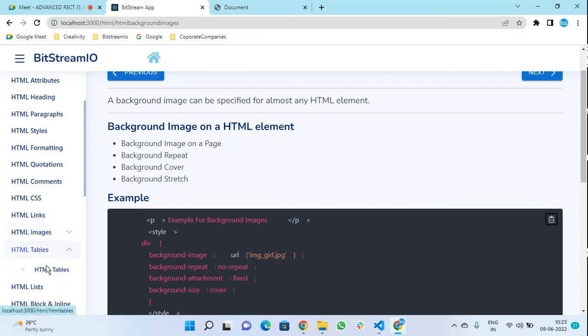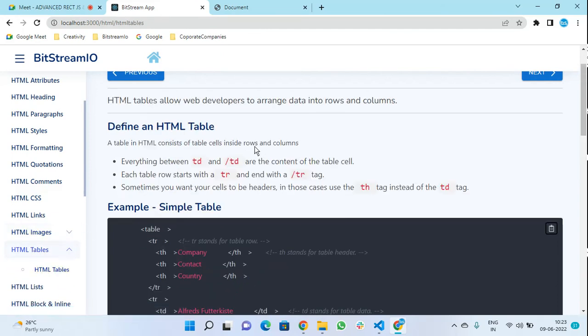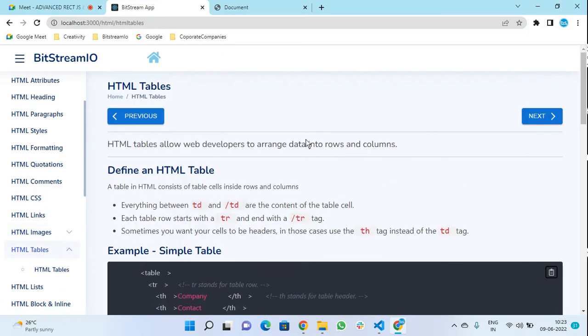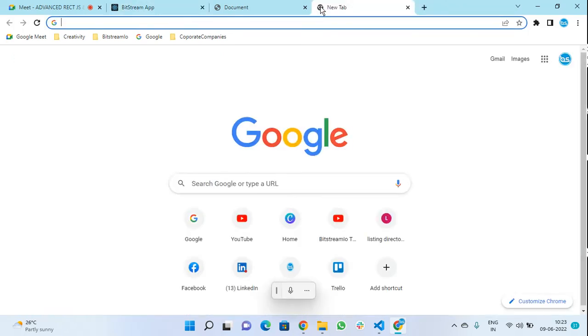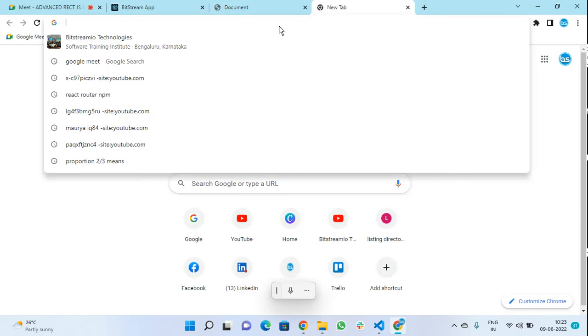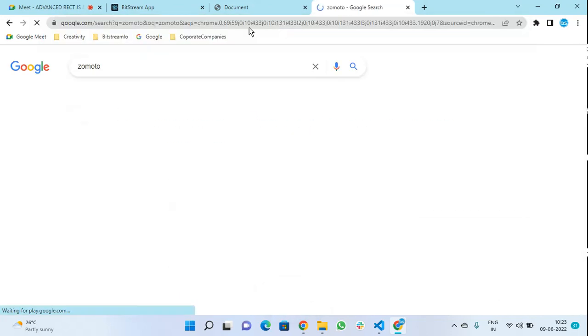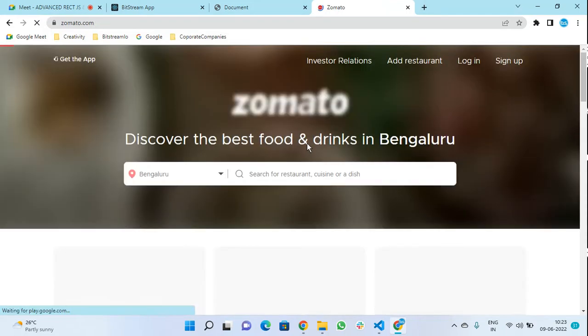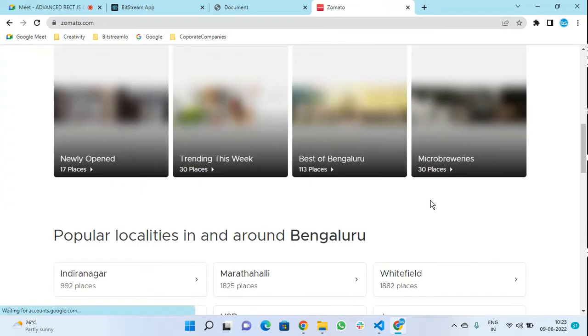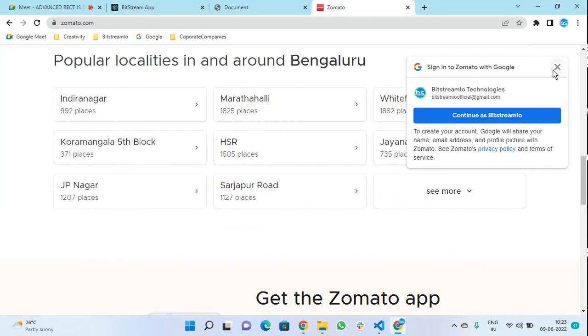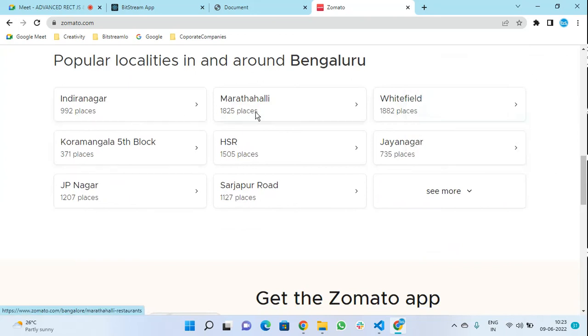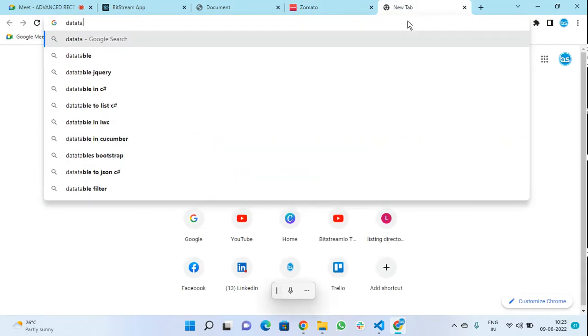The next is a table. This is a very important topic. What is a table? Let's say anything, Zomato. Zomato food delivery app is there. Let's see if they have given some table or something like that. Okay, so you want to show the list in a table. Why we need a table is that it will show the data. Let's say data tables